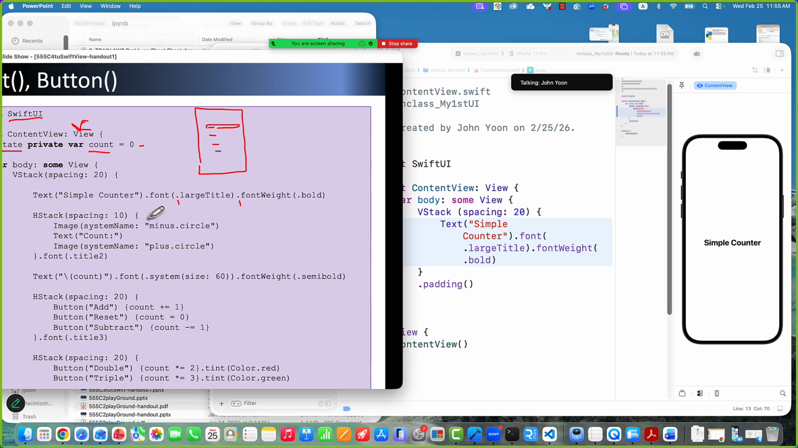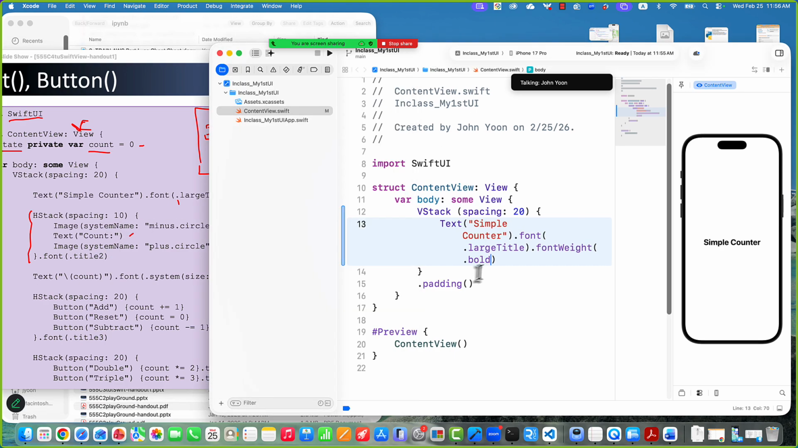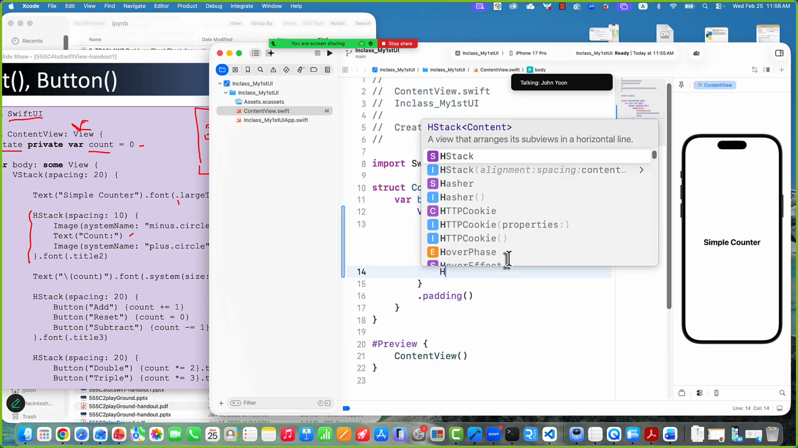So after we have a vertical, I want to make a horizontal. The next one is horizontal, that I have, for example, image, text, and image. So I want to put here image and text and image horizontally. That's what I want to do here, right? And the font, again, there's a dot title too. So if we want to do that, then next one is horizontal stack